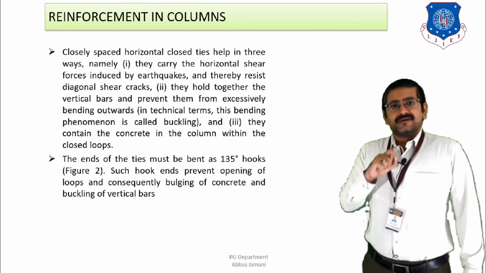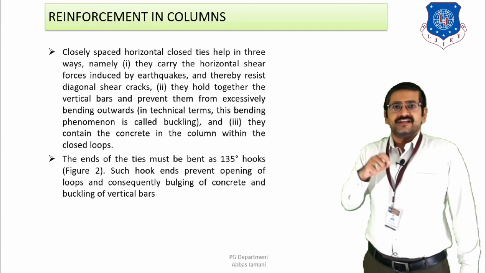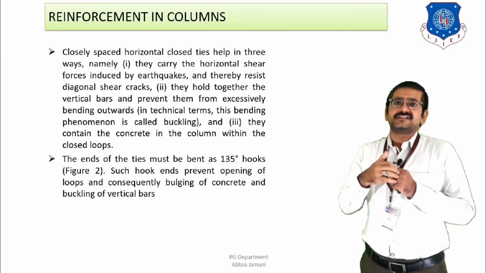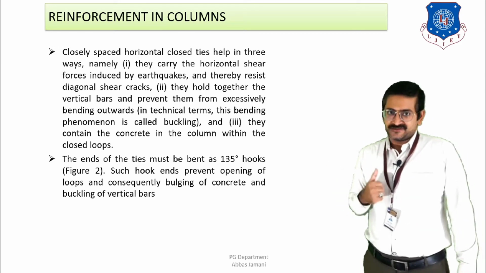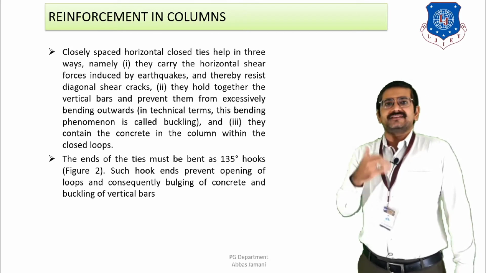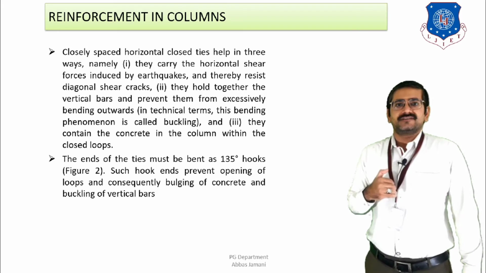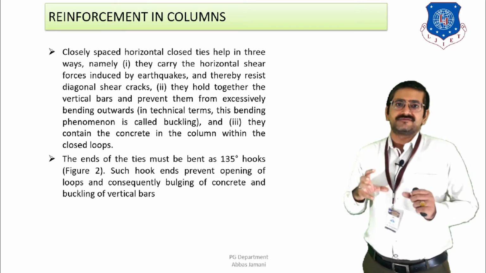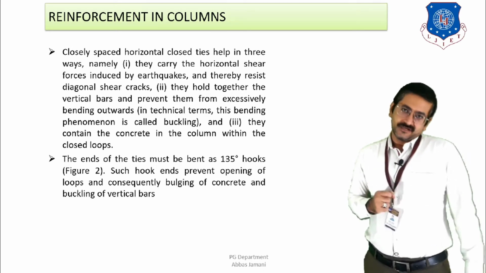Now, some peculiar features are to be followed when you are going to provide or install these closed stirrups. That is, the closed end of the stirrup should have a minimum angle of 135 degrees, which we are going to see in the next figure. Right? What is the reason for providing these closed stirrups at an angle of 135 degrees? When this happens, the corners of the columns will be tightly held together, and it will not open in case of earthquake shaking.